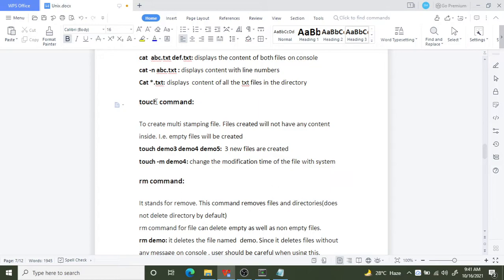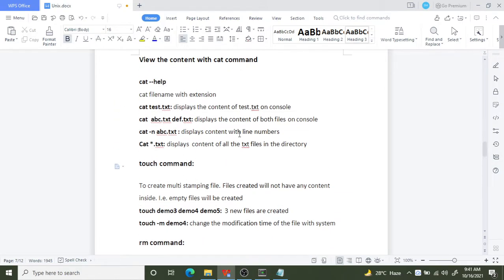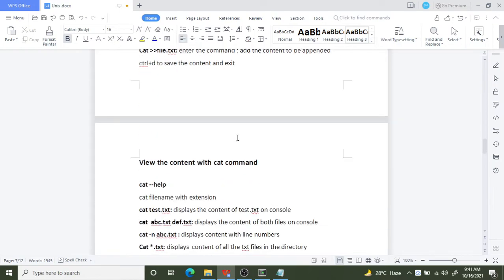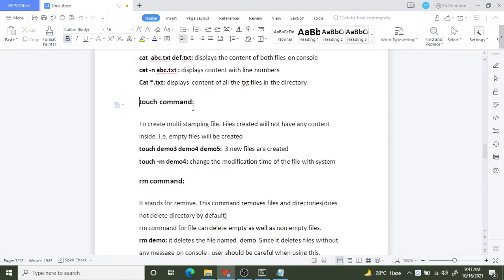Now we're coming to the touch command. What is this touch command? We already saw the cat command, so why again the touch command? The touch command is used for time-stamping files, meaning you attach a timestamp to a particular file.